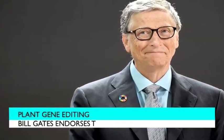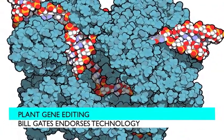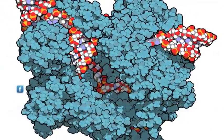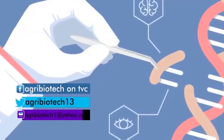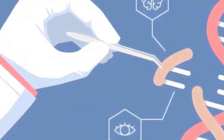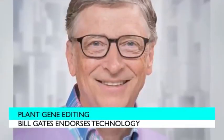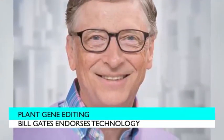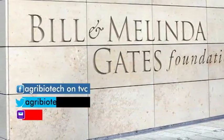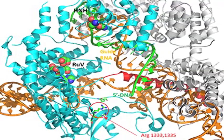American businessman and philanthropist Bill Gates has endorsed new gene editing techniques such as CRISPR, saying they could help humanity overcome some of its biggest and most persistent challenges in global health and agriculture over the next decade. Gates, in a statement, advocates the use of gene editing techniques to address pressing problems in agriculture, where the Bill and Melinda Gates Foundation has been backing research into the use of gene editing for a decade, as well as